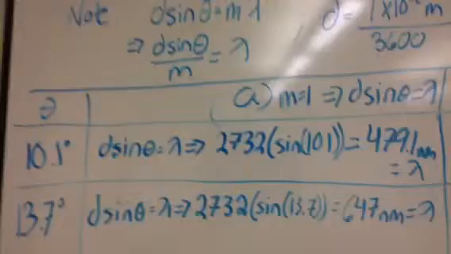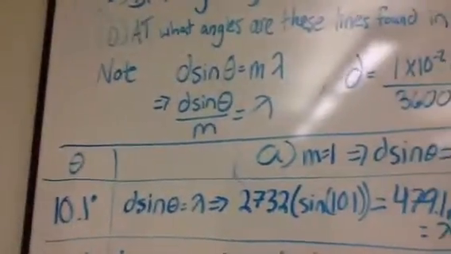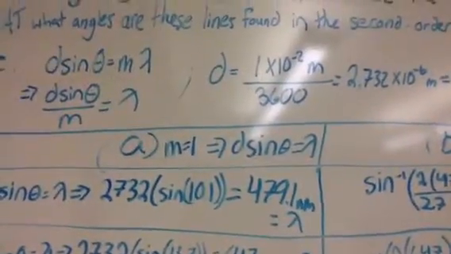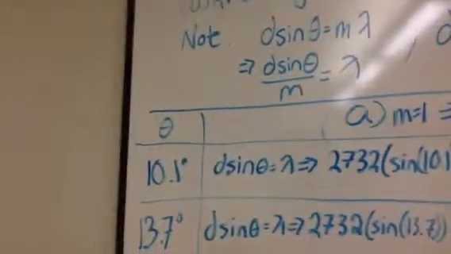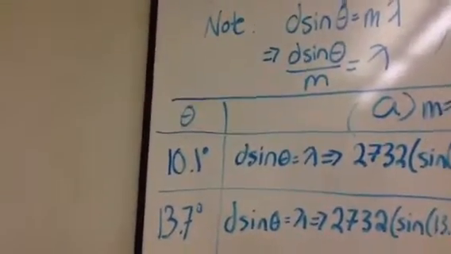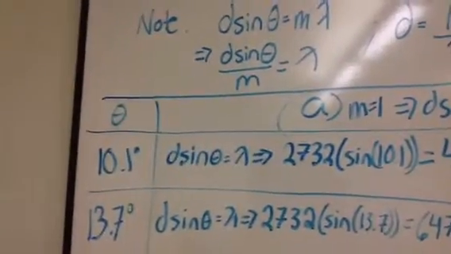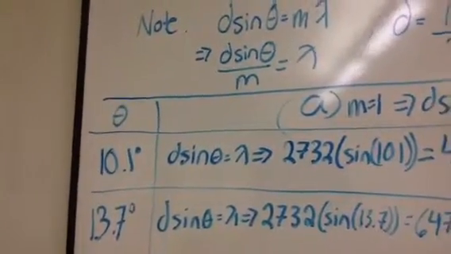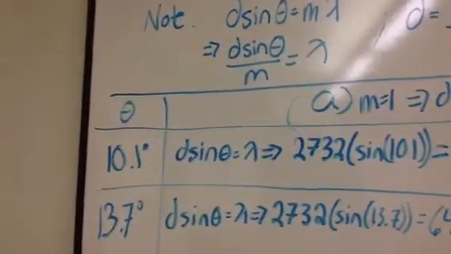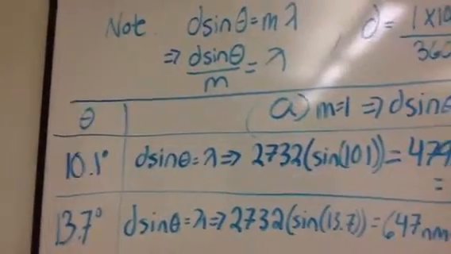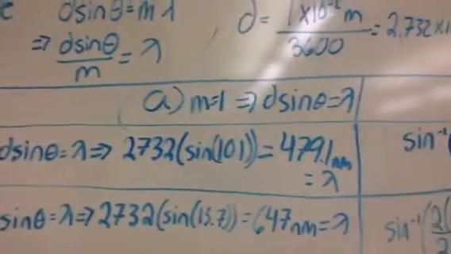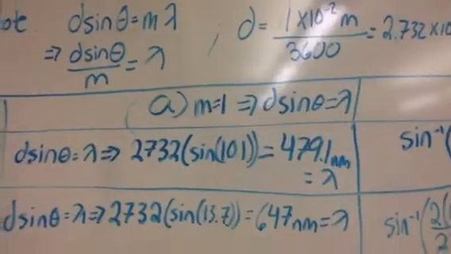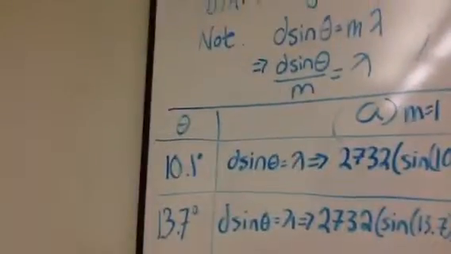So note, it's the first order, so m is equal to 1. So that equation, d sine theta over m equals lambda, can become d sine theta equals lambda, because when you divide by 1, it doesn't matter. So for the first angle, 10.1 degrees, we plug the numbers into the equation. As stated, d is equal to 2,732 nanometers, and theta is equal to 10.1 degrees. We find that that is equal to 479.1 nanometers,